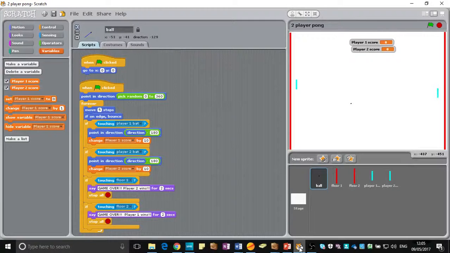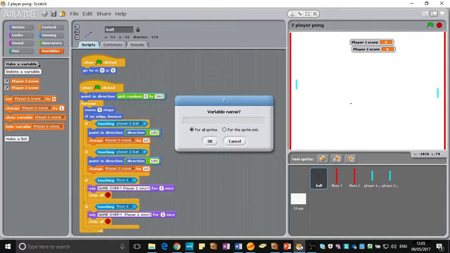The final thing we're going to do with this game, the two-player game of Pong, is to put in some speed so that every time the ball hits one of the bats, the speed increases. So the game gets faster as we go along. First of all, in variables, we need to make a variable. So click Make a Variable, and the variable name is going to be called Speed, and click